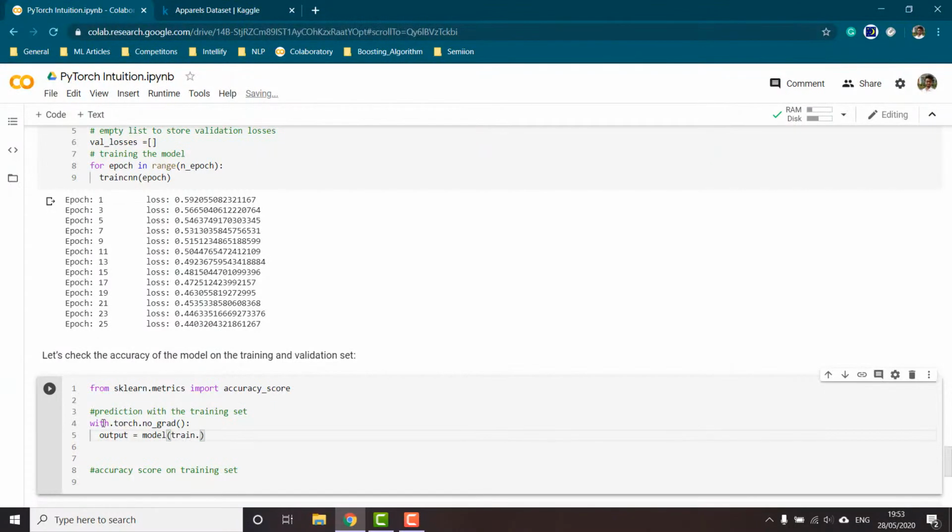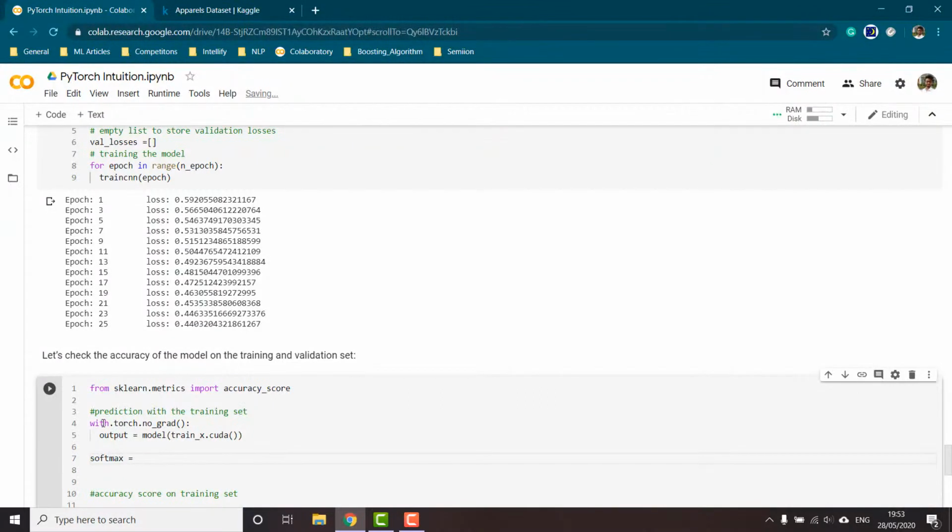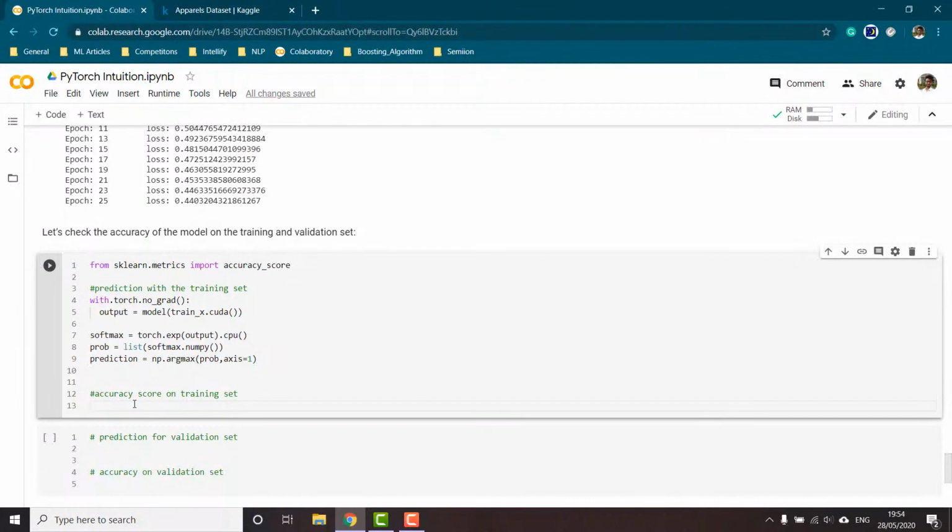Since we are working with GPU, this will be equal to train X dot CUDA, and then our softmax, which will be equal to torch dot. Now let us define our accuracy score. So accuracy score, and as input we will pass the actual value, which is train Y, and then our predictions.